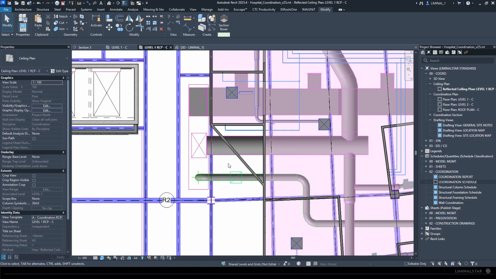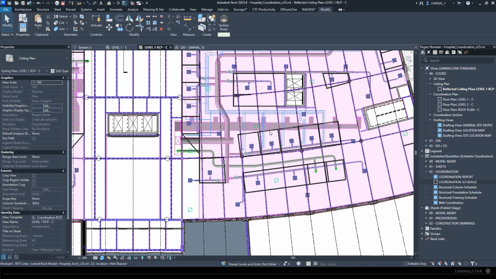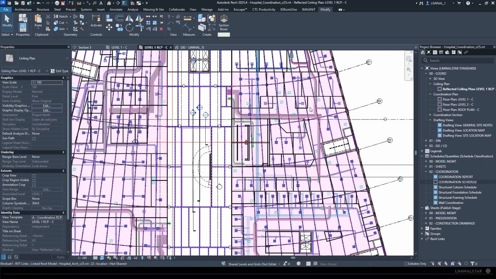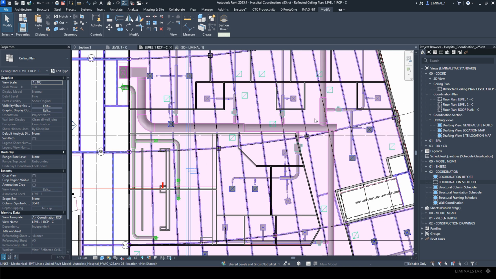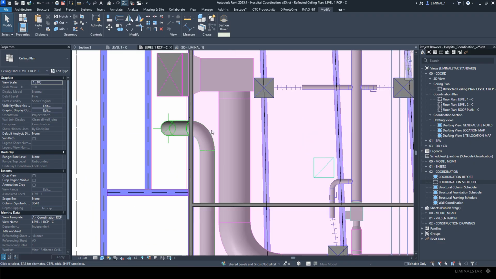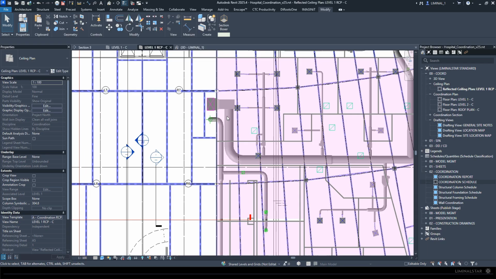Right here where we don't actually have a ceiling, you can see it's unobscured, whereas over here it's putting a bit of a pink shade to that ductwork. When a duct would come below that ceiling, you would be able to tell because it would begin to look a little bit more like this, and then you would know that there's either a penetration required or it's a